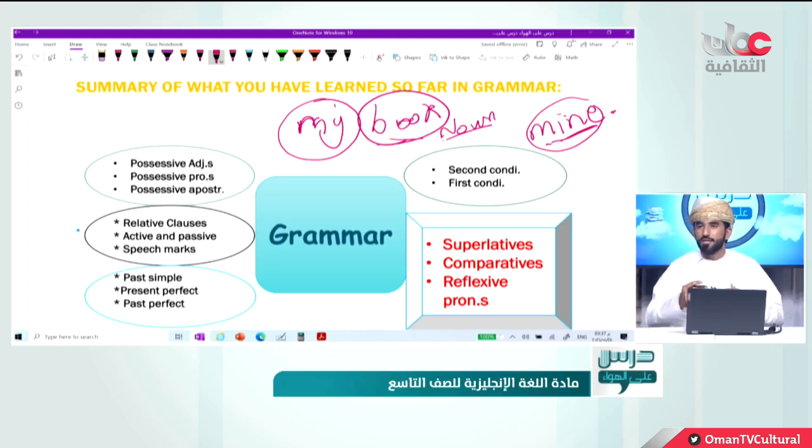So what can we say? Remember what Mr. Ismail said about those possessive pronouns? He said that they can stand alone. Am I right? They can stand alone. They don't have to be followed by a noun like the possessive adjective. Am I right? And then we talk about the possessive apostrophe. Yes, I don't want to mention it. You can just go to your skills book.